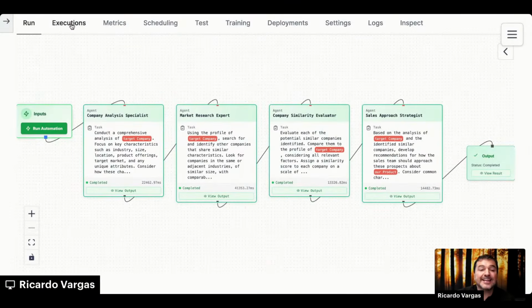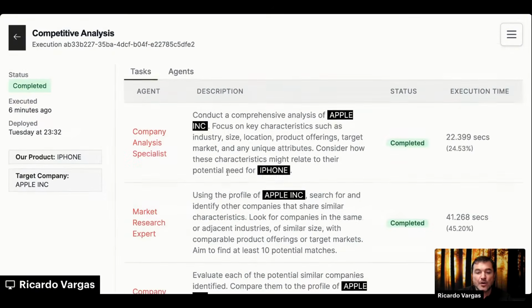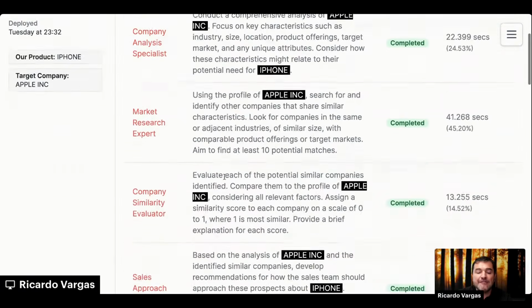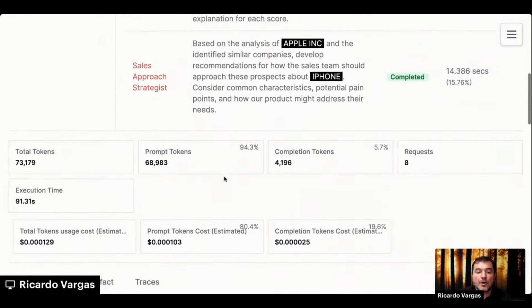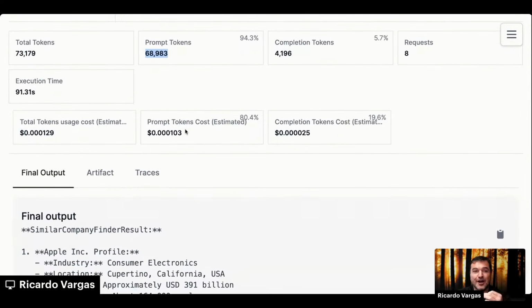So what I can do on executions, because I was preparing, so I had to do. And then product, iPhone and Apple. Then I click here. What I can do, I can see every step of the approach of the agent. Look, it spent 73,000 tokens and 68,000 for the prompt. And the cost of this, and this is crazy, right? The cost of this action,